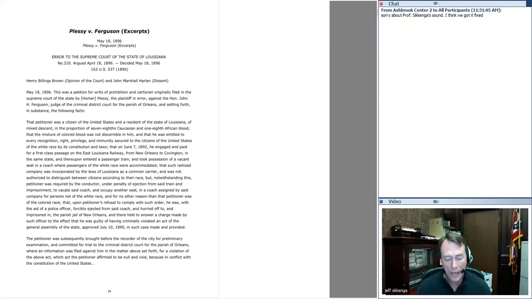And the argument that the court gives in Plessy is that separate is okay because it doesn't violate the 13th Amendment, which says no slavery. If you see the Lincoln movie, you know the whole controversy and the politics behind the 13th Amendment. The court says it was just designed to abolish legalized slavery. Racial segregation in rail cars is not legalized slavery. So they say it doesn't violate the 13th Amendment.